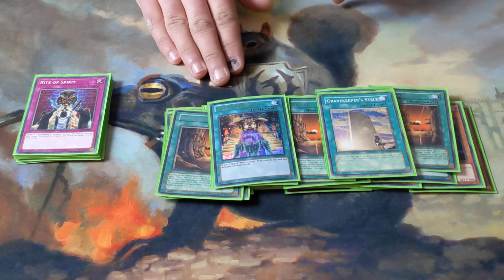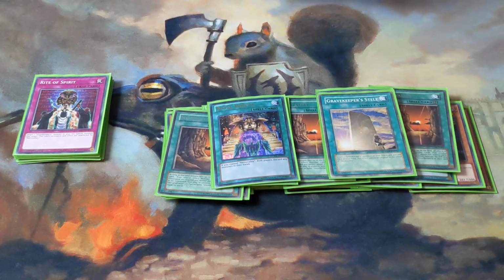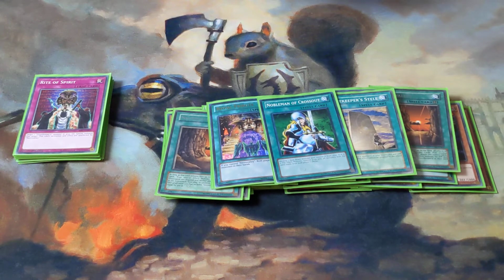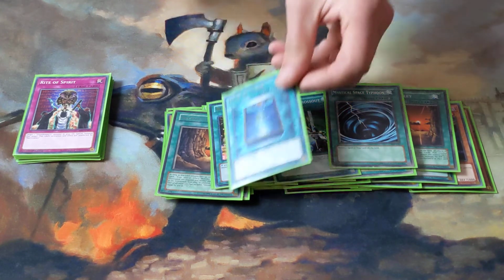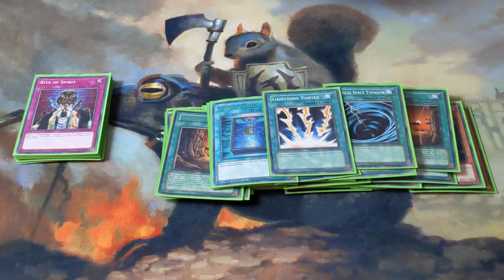We do 1 Royal Tribute, which really can totally crush your opponent's strategy, especially opening with 1 of those and then kind of settling out your hand, and then just forcing your opponent to ditch all their resources. It's pretty brutal. We're only running 1 Nobleman, MST, 1 Book of Moon, 1 Lightning Vortex, and then for help